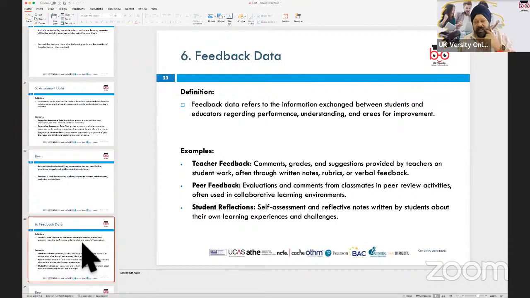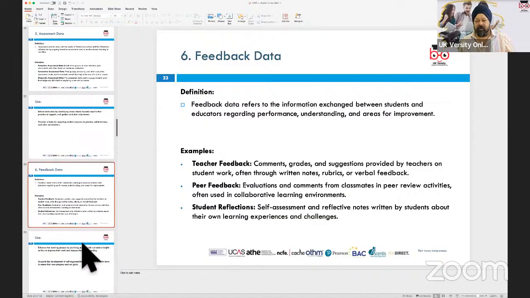Feedback data refers to surveys or exit interviews, course surveys, or reviews which the institution gets. And the idea here is that the management looks at this data in order to ensure that they can improve performance, improve the Ofsted rating, Ofqual rating, Ofsted rating essentially of their school and institution. And in such cases, feedback which is coming in from learners, from parents, from any other stakeholder involved in the delivery of teaching and learning, this data is going to be useful for the purposes of reflection and improvement